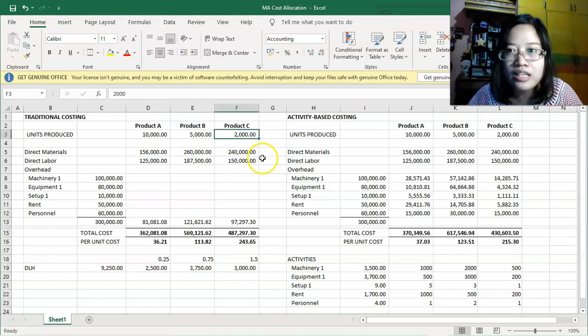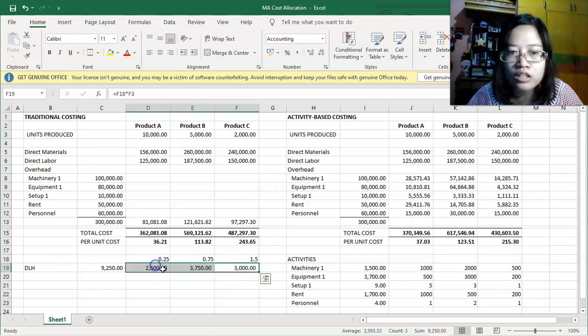Tapos itong si product C, 2,000 units. Pero para makapag-produce ng isang unit, gumagamit sila ng 1.5 hour. Okay? So yung total hours na ginamit to produce the 2,000 units of product C ay 3,000 hours. So i-total mo tong tatlong to, 9,250 siya. So bali yung allocation kasi na mangyayari,